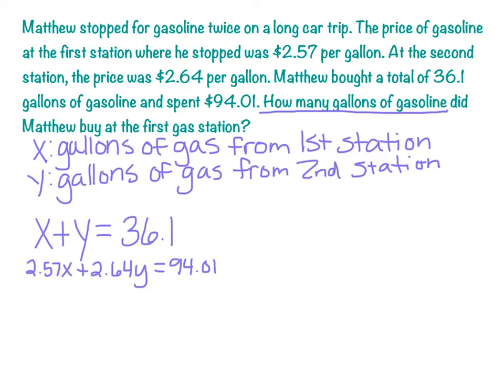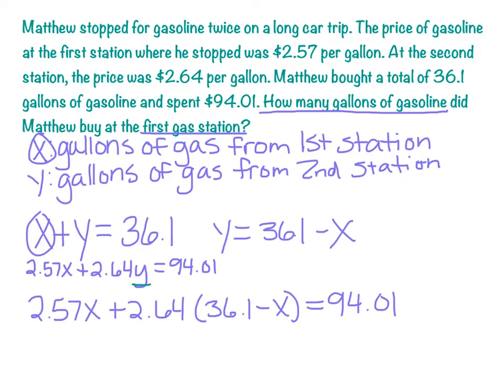Okay, this time I'm going to use substitution. I'm trying to figure out only the first station. See, the question says first station. So I'm only trying to figure out X. So if I isolate Y and plug it in, then I can solve for X. So I'm going to make this Y equals 36.1 minus X and plug it in here. Using substitution, I replaced Y with the expression that is Y. And then I'm going to do some magical math and boom, come up with X equals